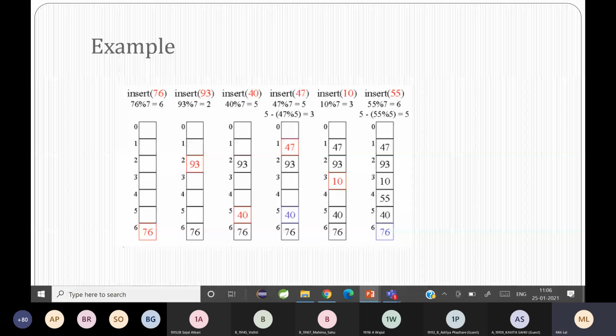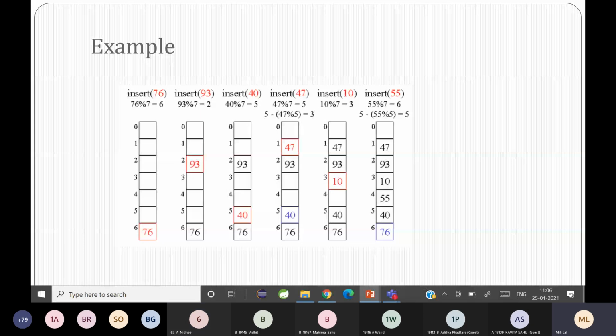तो 47 index 1 में क्यों place किया? Who's going to explain? 47 index 1 में क्यों place किया है? After double hashing, we get the key 3, and from the current position, that is 5, we count 3 steps. From index 5, we count 3, and it goes to 1. Very good. So that is why 47 is placing in index 1. Fine.